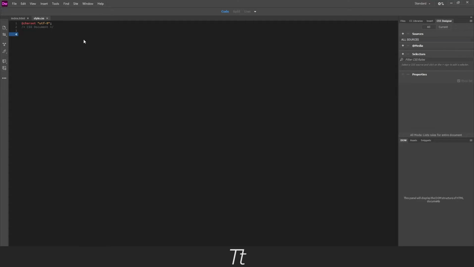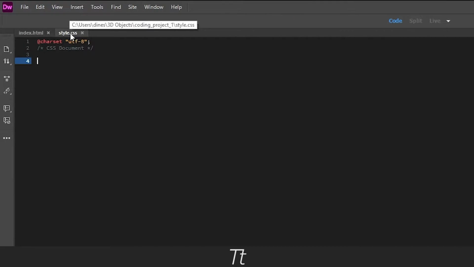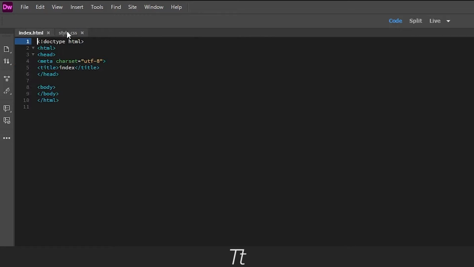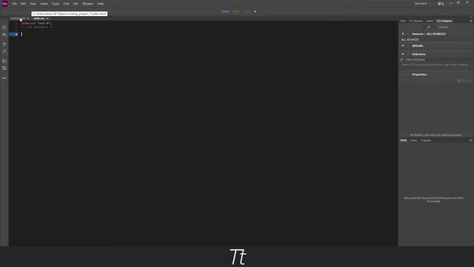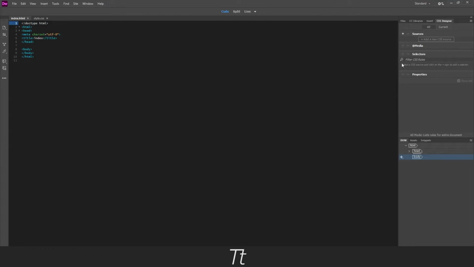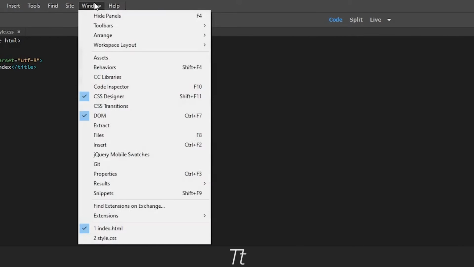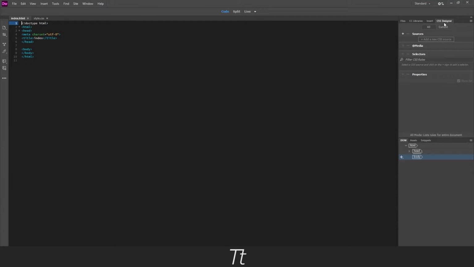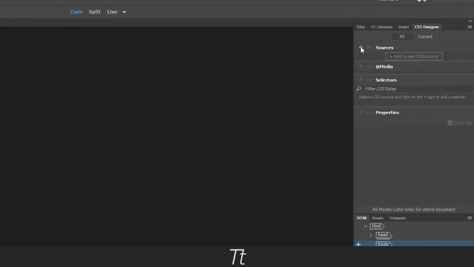So we have our HTML and CSS file ready to go right here. Stand on the HTML page and go to the CSS Designer panel right here. You can find it in this right side of the screen. If you can't see this, you can go to Window and choose CSS Designer. Stand on the CSS Designer and go down to the sources and press on the plus icon and choose Attach